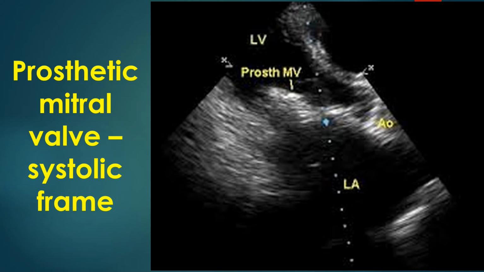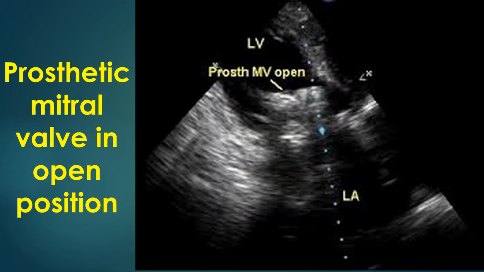The aorta is relatively small and left ventricle is of normal size, indicating that the lesion could have been mitral stenosis. When a prosthetic valve is placed in a case of isolated mitral stenosis, especially one of the caged valve variety with a high profile, the cage will jut into the left ventricular outflow tract and may increase the LV outflow gradient. This picture shows the prosthetic mitral valve in the open position.